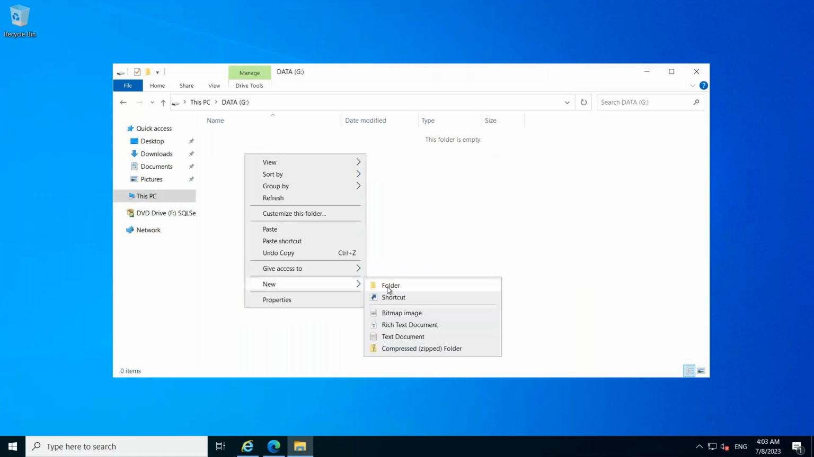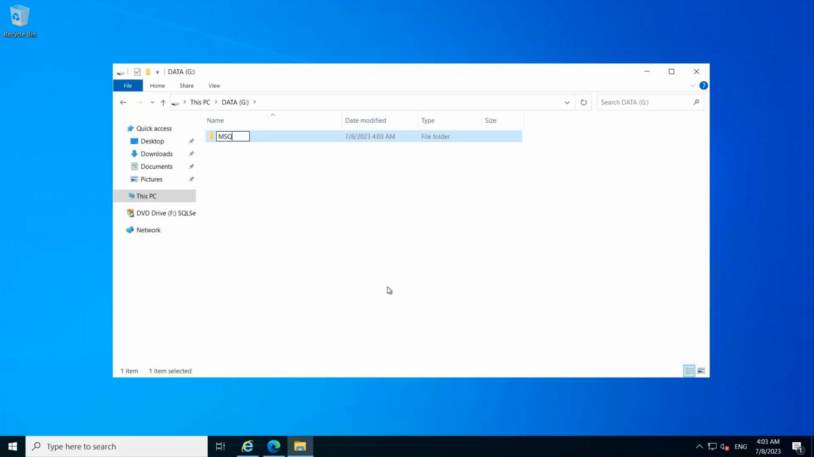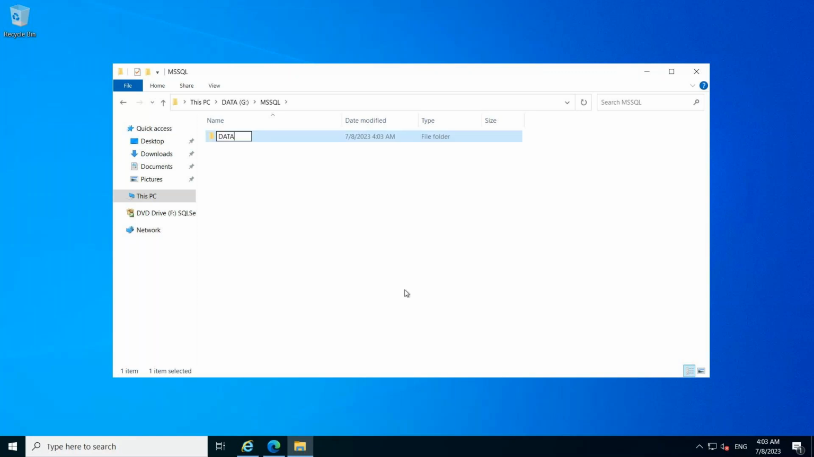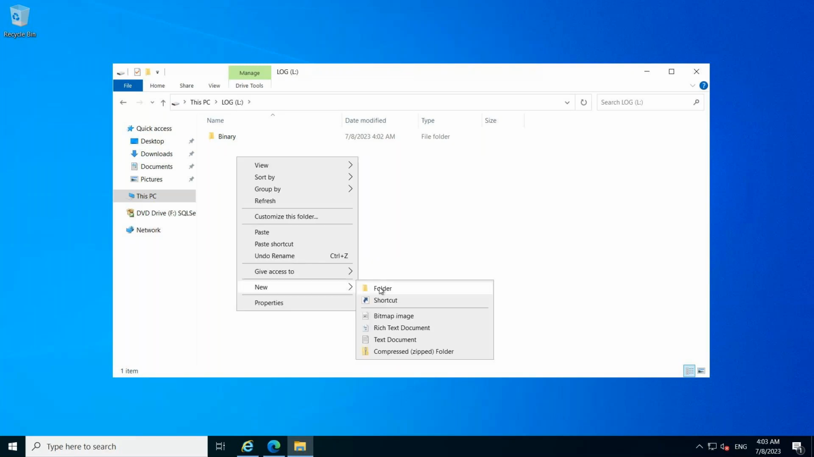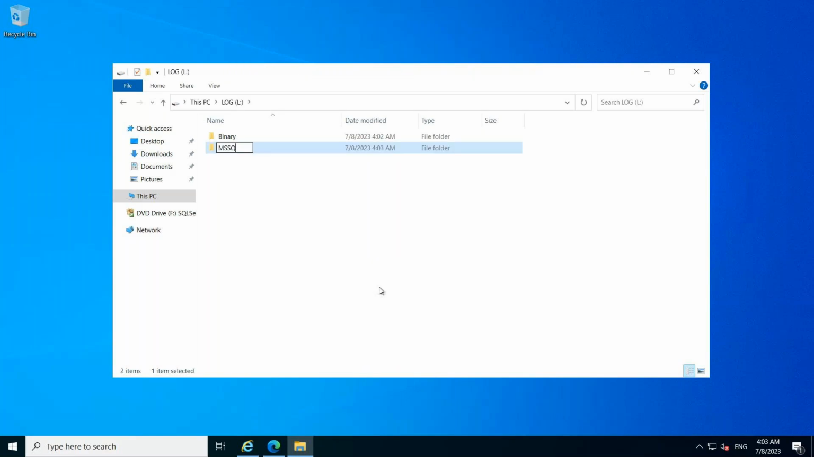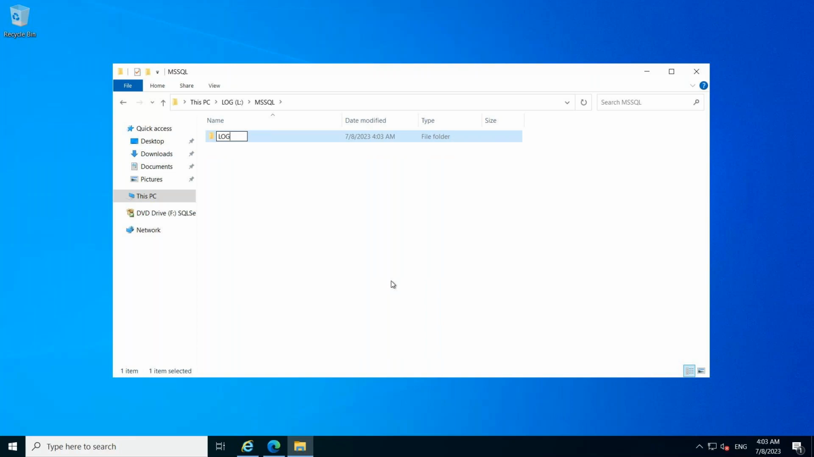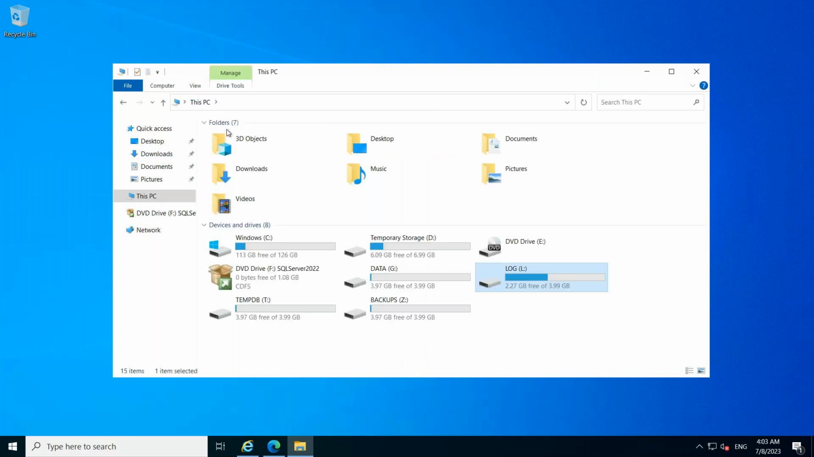create a folder, MSSQL, and one more folder called data. By seeing this, we can easily recognize that this is a SQL-related folder and this is the data folder. Same here, you can place MSSQL and